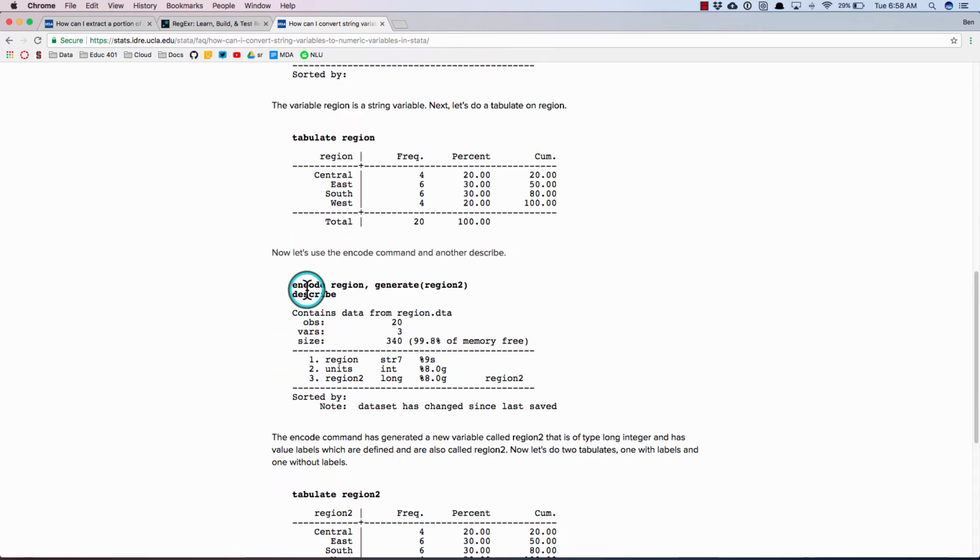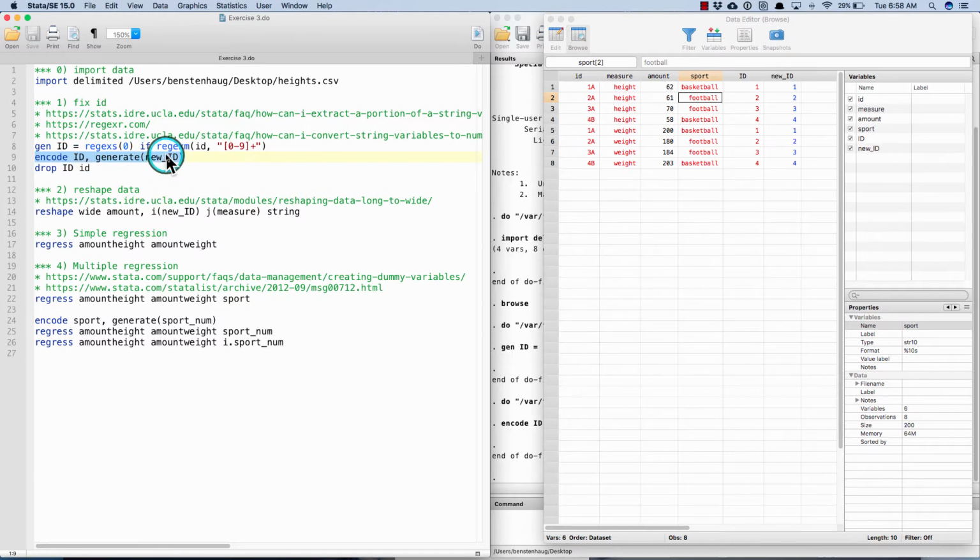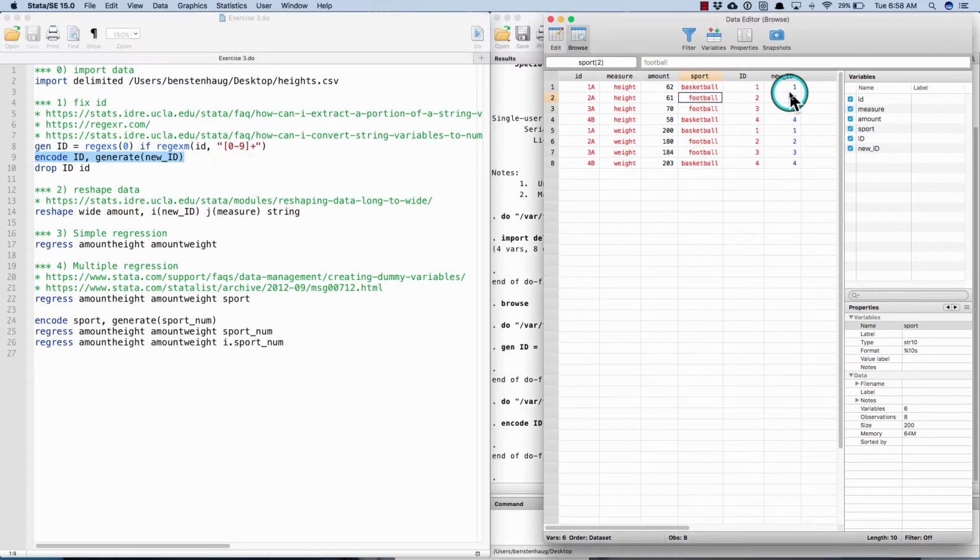So I end up on this page, and this is the command that I end up stealing: encode region and generate region 2. Well, we're going to do something else. We're going to encode ID. So we're going to encode this variable, and we're going to generate new ID. So it's going to take this old variable and make a new variable, which is numeric. So now new ID,